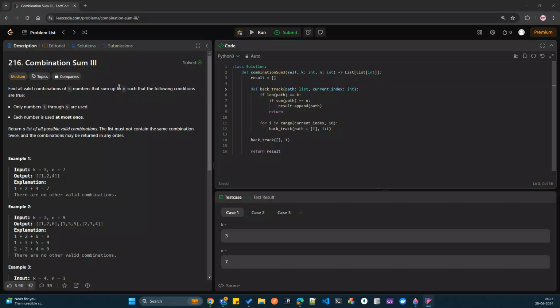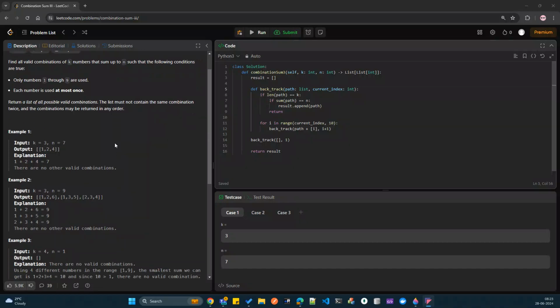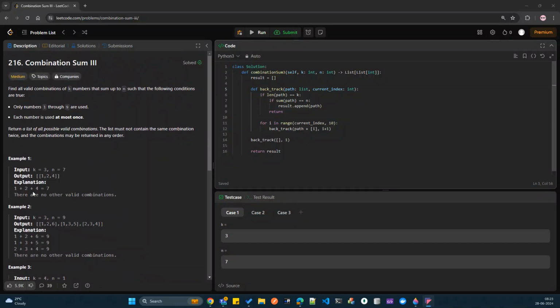Okay, so the next problem in LeetCode we are solving is Combination Sum 3. This is the third sum. What is being asked here is we are given a value k and a value n. In the range of 1 to 9, we'll have to generate a combination of three numbers. It can be 1 2 4, 1 2 3, 1 2 5, it can be anything. But the condition is that the sum of it should constitute to this